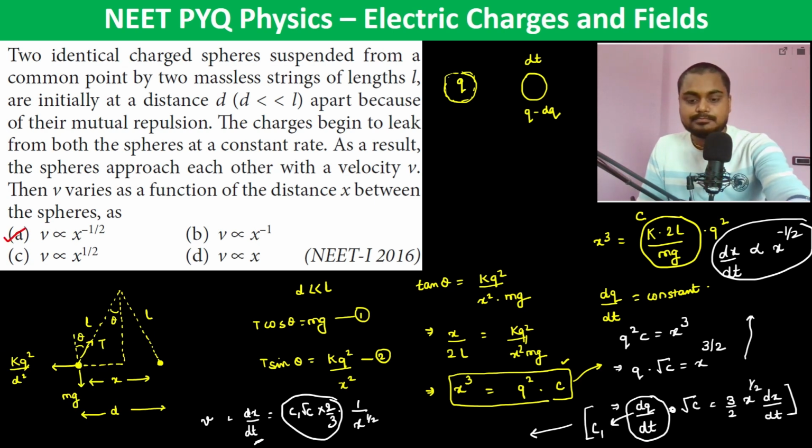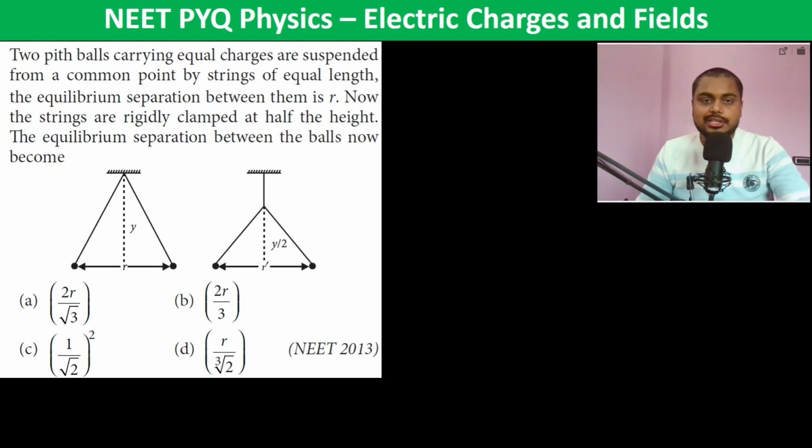Thank you. Two pith balls carrying equal charges are suspended from a common point by strings of equal length. The equilibrium separation between them is r. Okay, now the strings are rigidly clamped at half the height. The equilibrium separation between the balls now becomes,